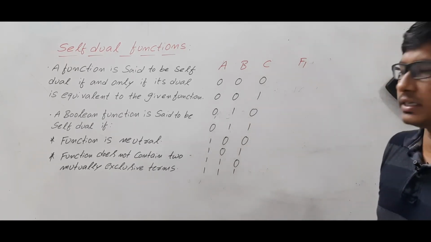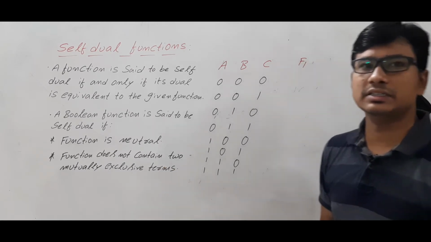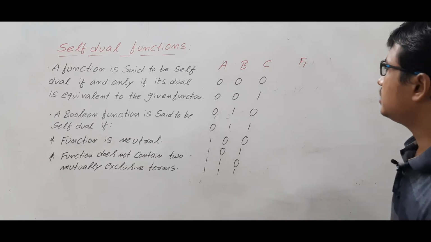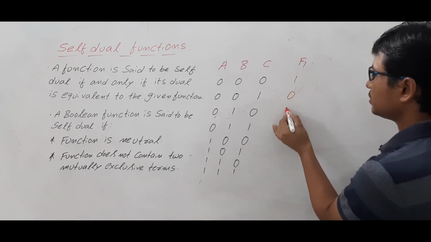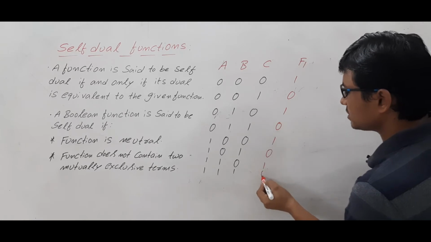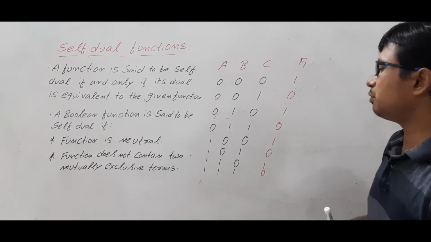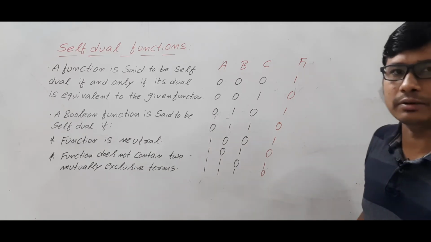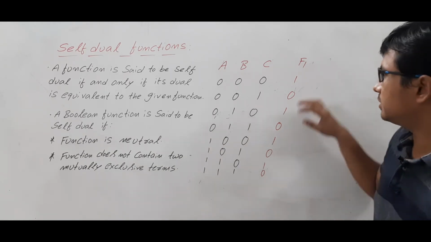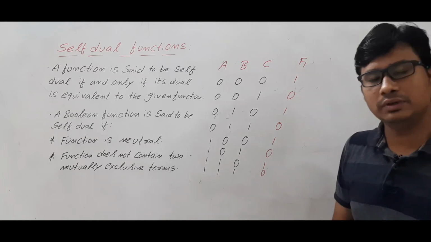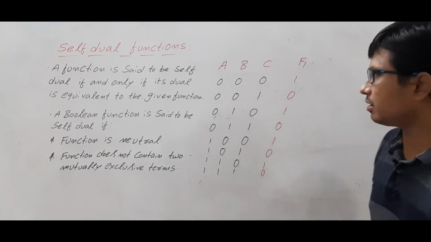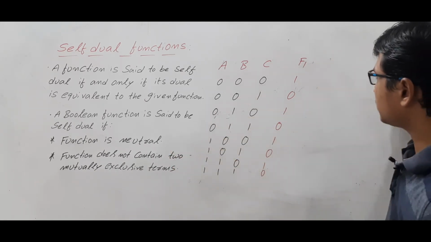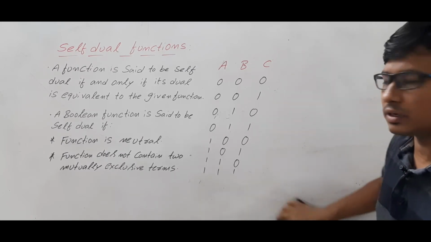Now first, what they said, the function is neutral. Meaning the number of min terms is equal to the number of max terms. So let's take that you have 1, 0, 1, 0, 1, 0, 1, 0. Is it clear? So this function is a neutral function because the number of min terms is equal to the number of max terms. Meaning the number of ones is equal to the number of zeros. Am I right or wrong? Now, about the mutual exclusive term, you don't worry about this one. So you understood what a neutral function is.